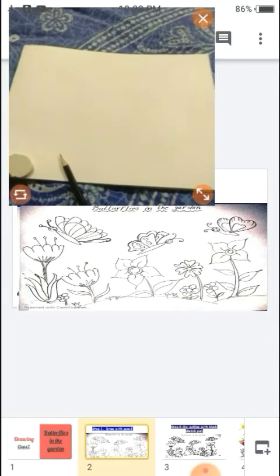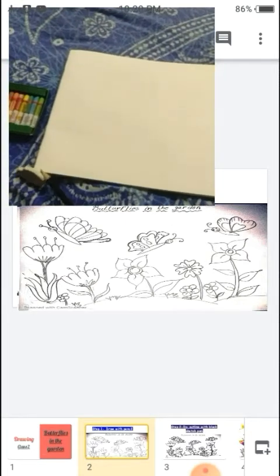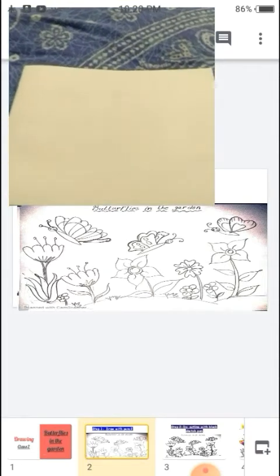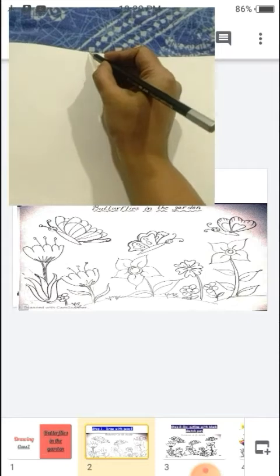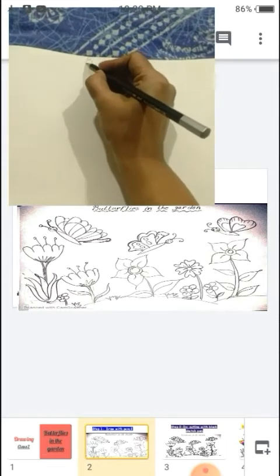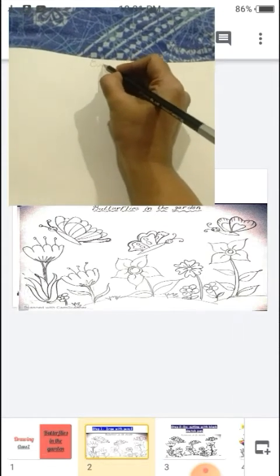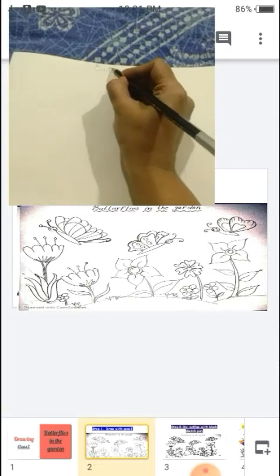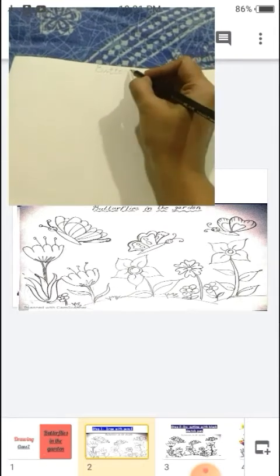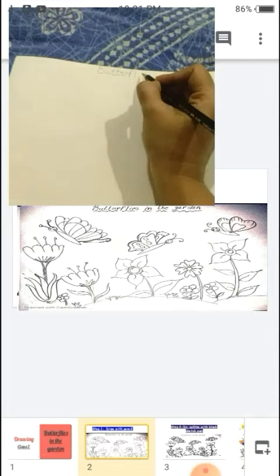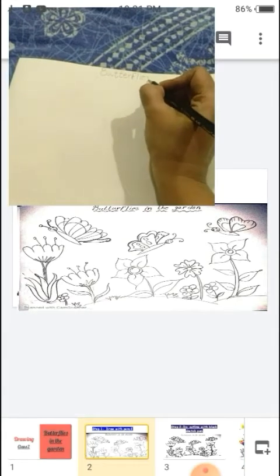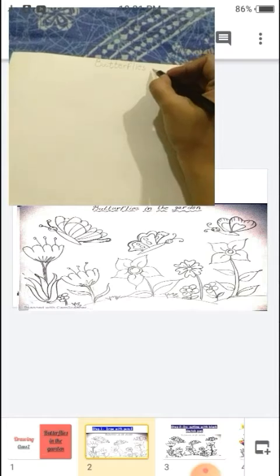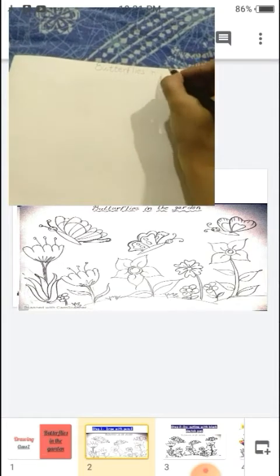Here see, I am having a plain book, okay, and first you are going to write the heading. What is the title? Butterflies. B U T T E R F L I E S. In the garden you can see so many butterflies.